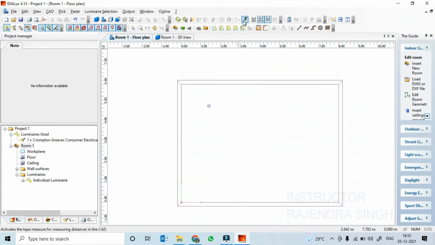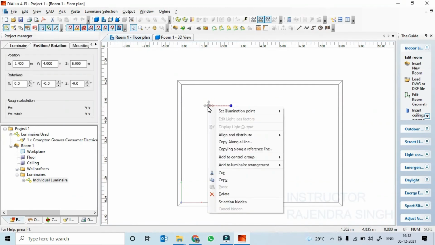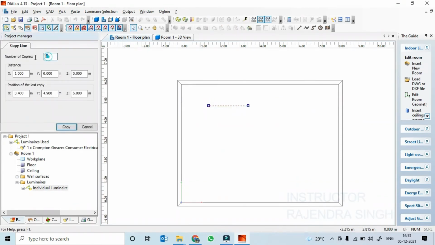First just measure the distance: 8 meters. So copy along a line, 5 copies, this is 4.9 meters, 8 meters.